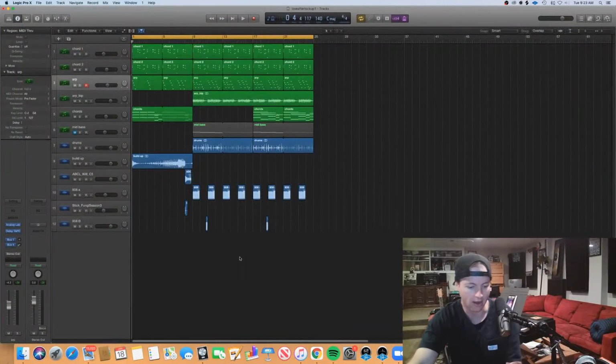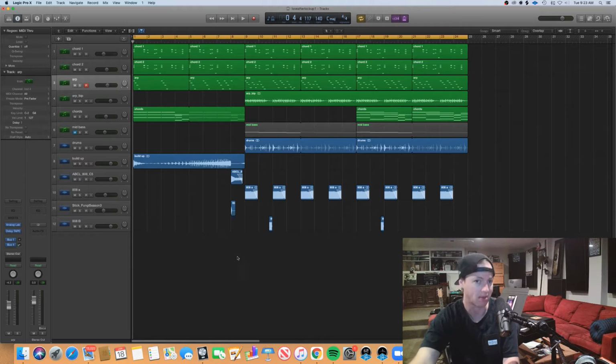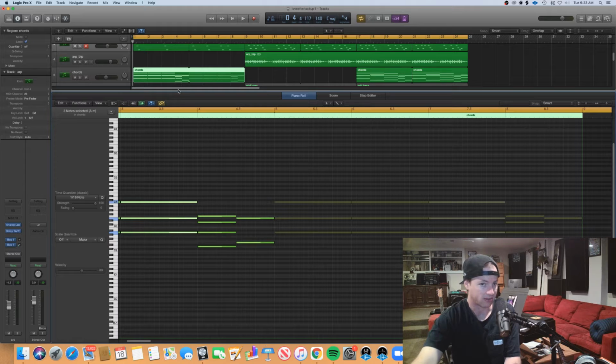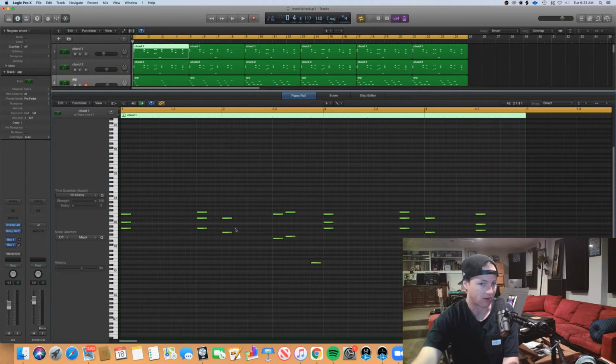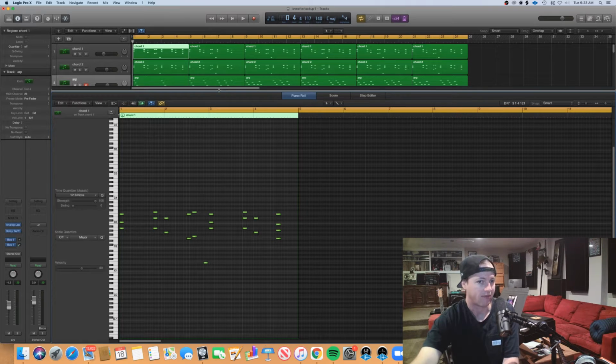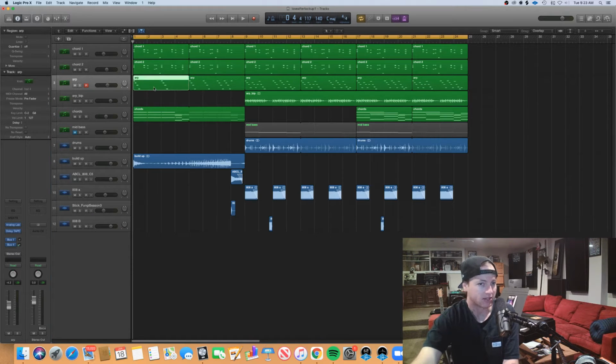So here we are in, again, this simple instrumental. We basically have four elements. We've got the drums, the bass, a chord layer, which I have dragged out chords, and I have comped a chord progression. And then finally, I have a melody, which is essentially an arpeggio, and then a double of that down here. I'm going to go ahead and play it, and then we are going to make this sound